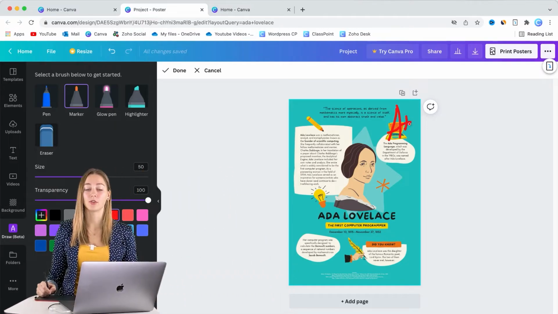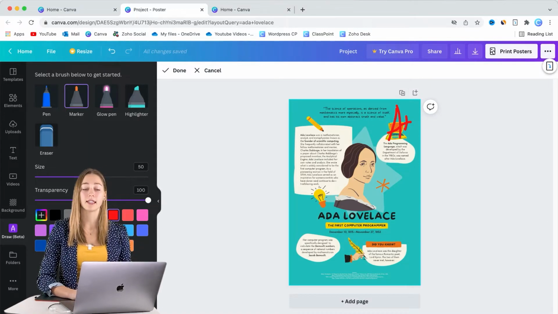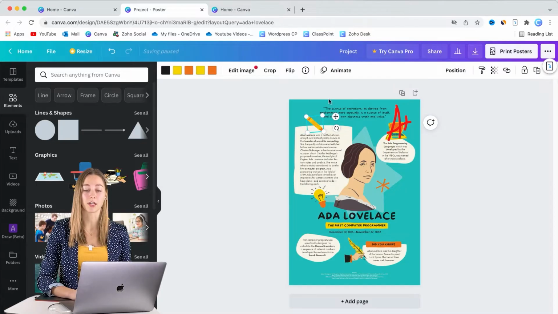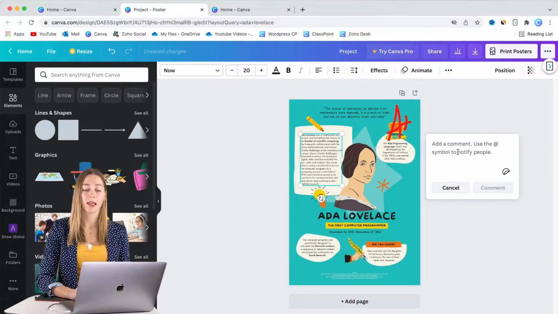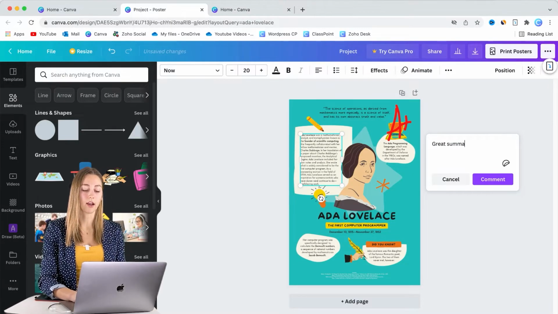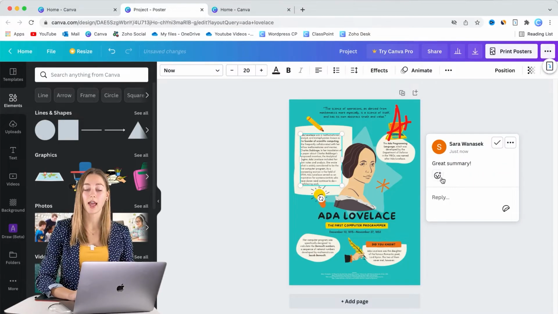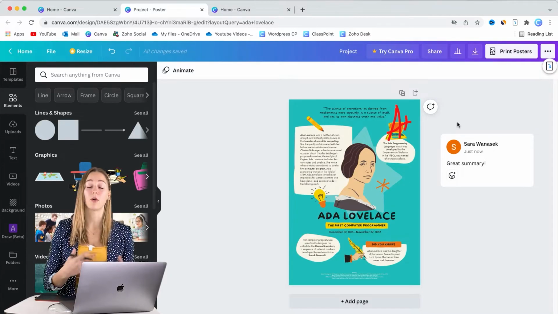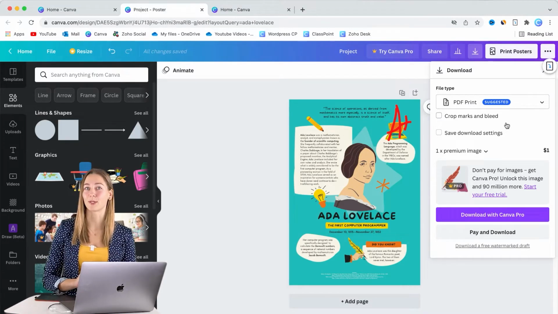In addition to drawing, once students have shared a design with the teacher, you can easily add a comment to any part of the presentation. So if you click on something, you can just click on this little bubble here and be able to write a comment. And then students are going to be able to see that, and you can add any little reactions as well. If students don't want to share it and you don't want to deal with Canva, you can also download any of the designs and then share them in the way that you get your assignments from your students.